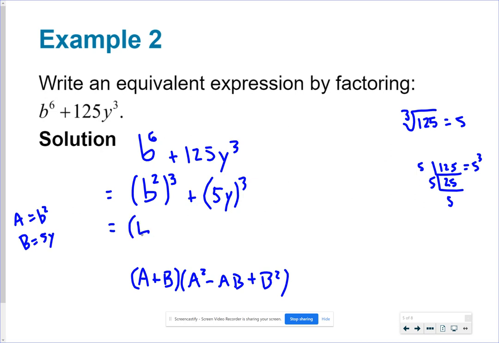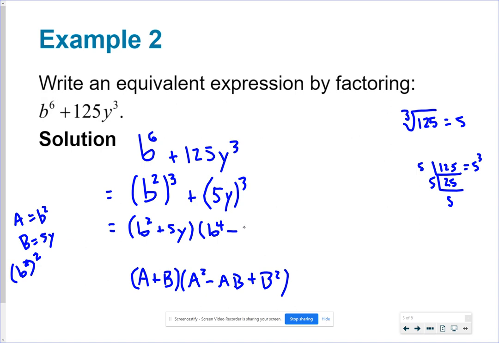So we're going to do b squared plus 5y times, now when we do a squared, we got to do b squared squared, right? B squared squared is going to be b to the 4th power, because 2 times 2 is 4, so there's a b to the 4th power,